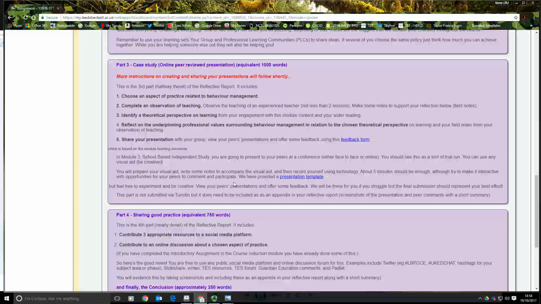But basically, we'd like you to observe a small number of sessions, 2, 3 or 4, and take some field notes while you're in there, and look at the way that behaviour is being managed, whether that is explicitly through the way that the teacher is challenging behaviour or promoting good behaviour, or something like that, or is it implicitly? Is it perhaps more about the way that that teacher has organised the furniture, or the timings of the activities that have been designed in such a way that children are not going to get bored, for instance? So have a think about those notions.